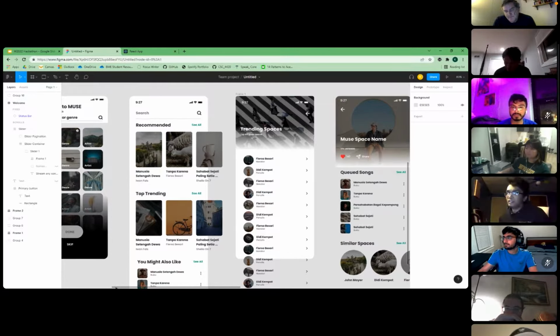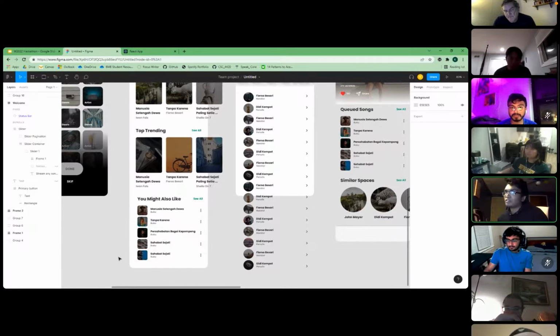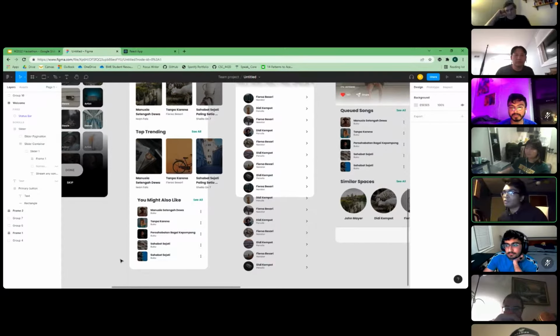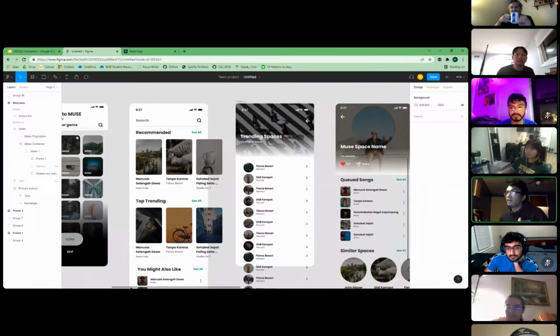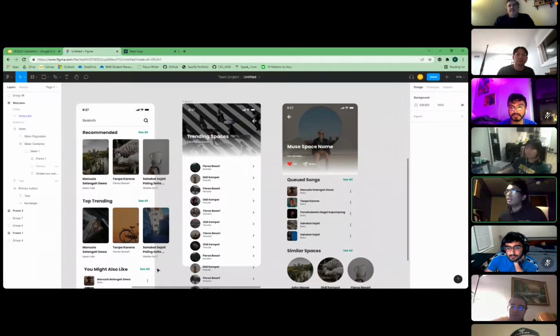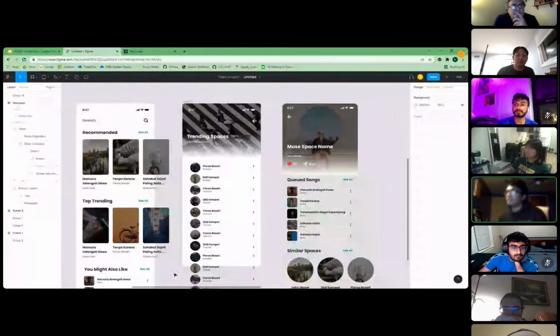They also have suggestions at the bottom where it says you might also like. It also recommends them to new music rooms or music spaces to discover new artists or genres. There's also an available trending spaces, which shows all trending spaces or more popular ones that are growing with more users. So users can see which popular artists or genre in those music spaces are trending. And then the final,